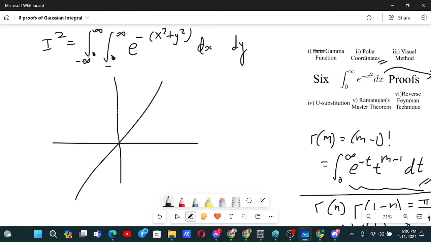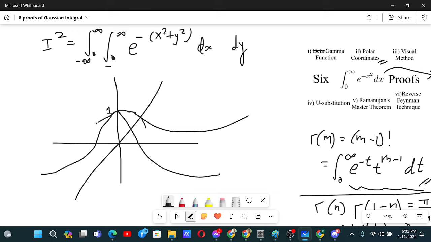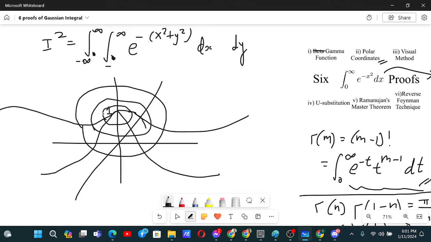Okay, now the graph of this function will be something like this. From 1, this will come out in this fashion, in every direction. Okay, and these are circles. There will be circles of this form. If you try to see it from a distance, there will be circles, and these are going in every direction. So basically, like our radius from the center, for this radius over here,